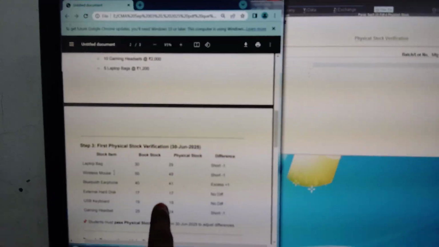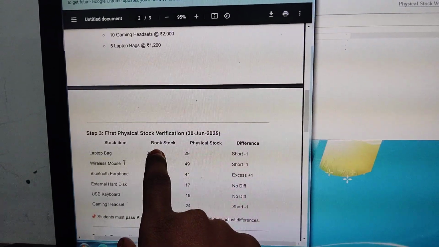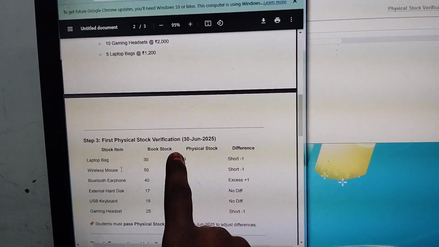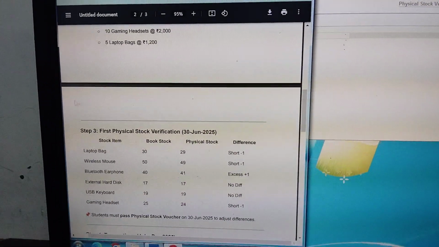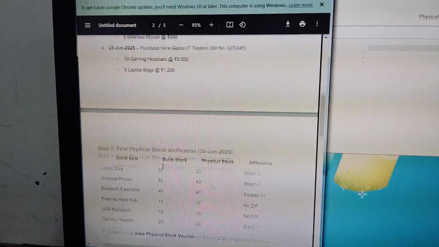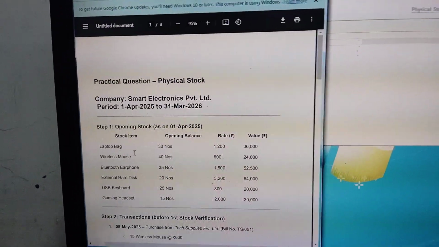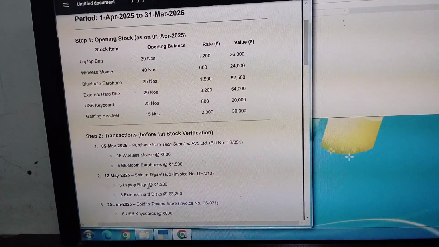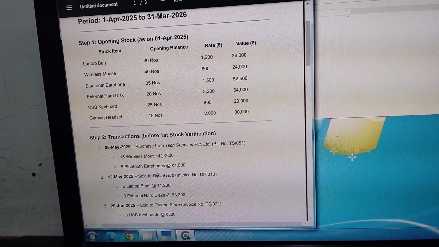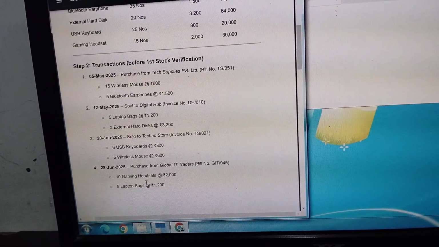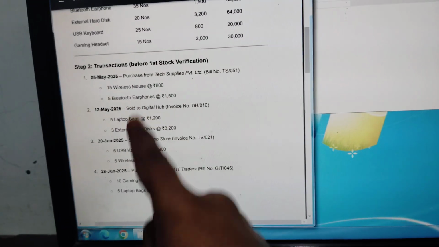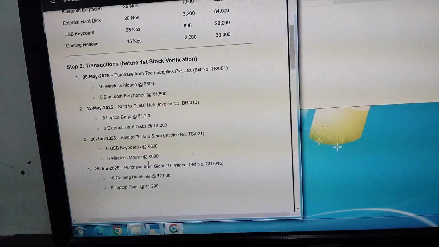In this table, book stock is the closing book stock, and physical stock is also the closing physical stock. How is this 30 calculated? Like this: opening laptop bag 30, then sales of laptop bag 30 minus 5 is 25, then again purchase of laptop bag, 25 plus 5, 30.